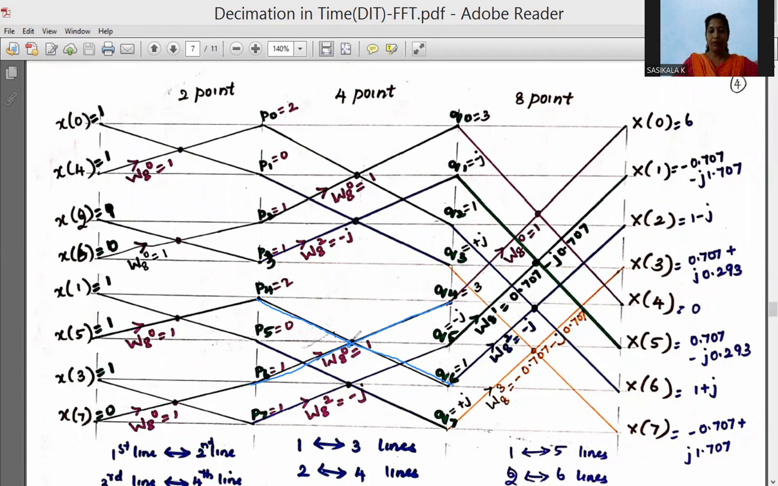Okay. And after finding Q4, you need to find Q6 because you'll be having the same inputs except that the plus is replaced by minus. So Q6 equal to P4 minus P6 into W8 power 0. So meaning 2 minus 1 into 1, which is equal to 1. Okay. And for Q5,